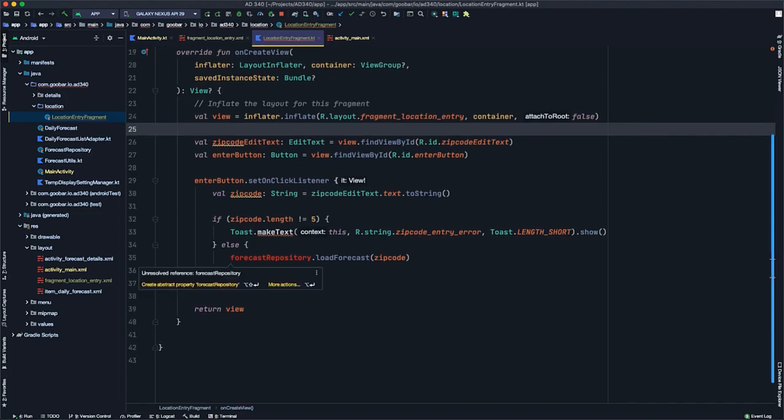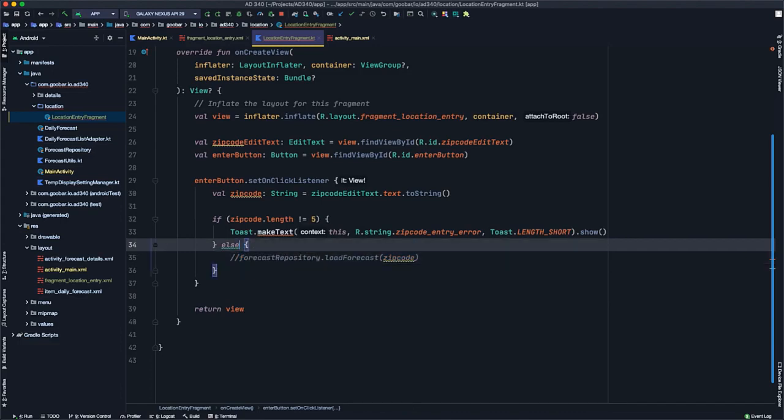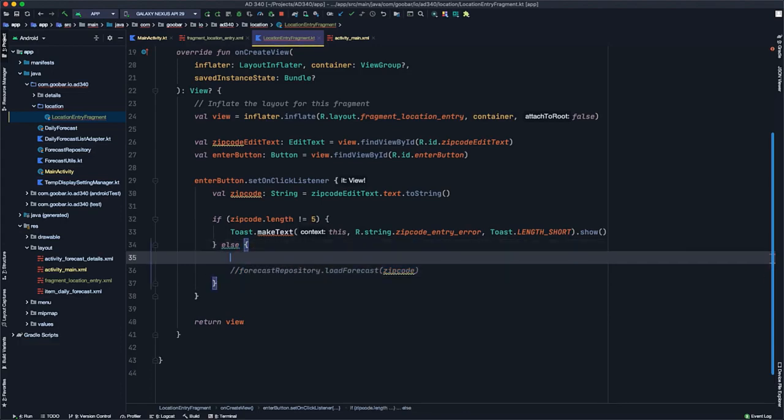And now the only other thing we need to update here, actually I take that back, one of the other two things we need to update is we don't have a forecast repository at the moment. So we're going to comment that out. And instead we're going to replace it with a toast. So we'll say